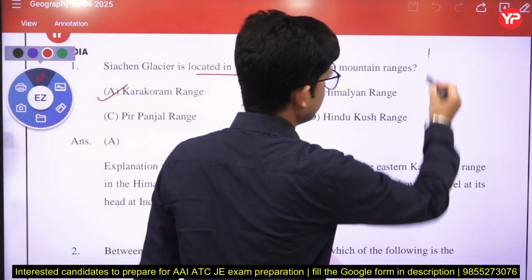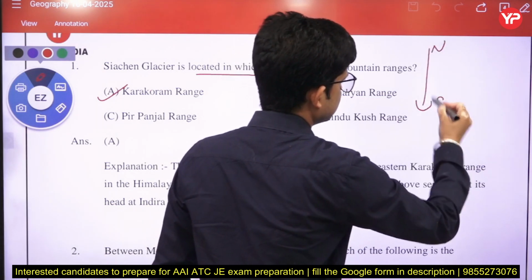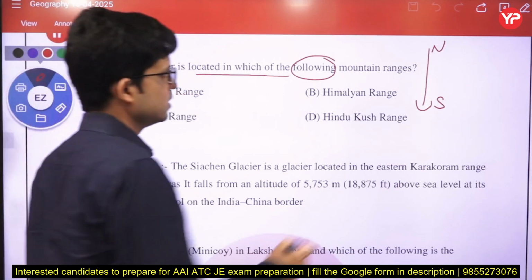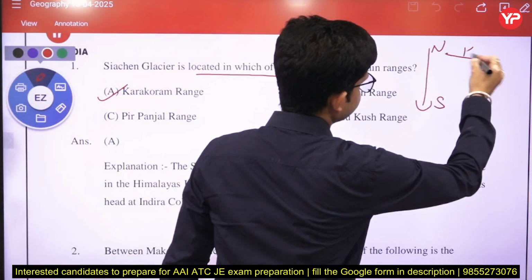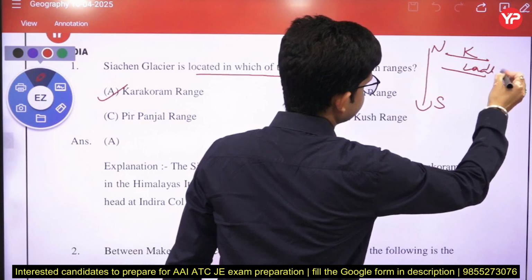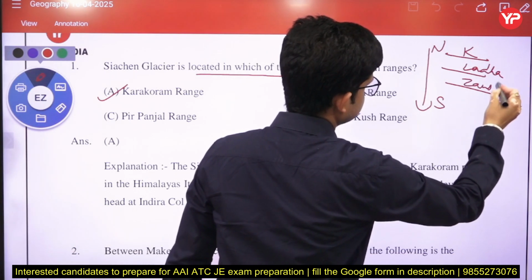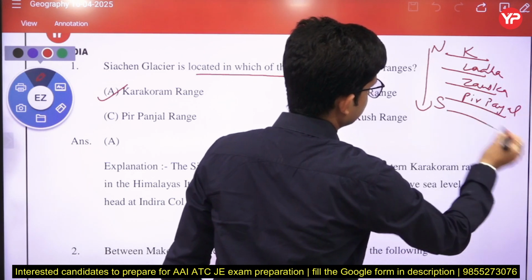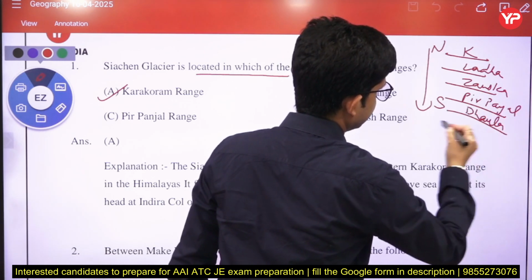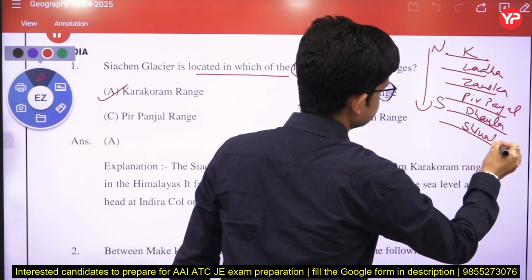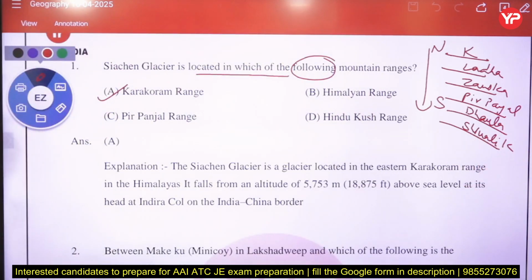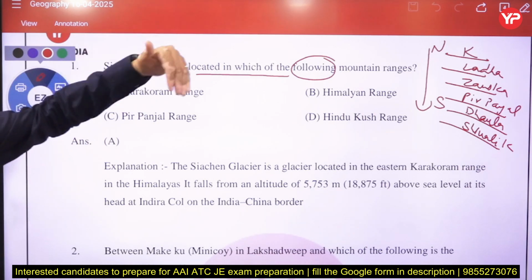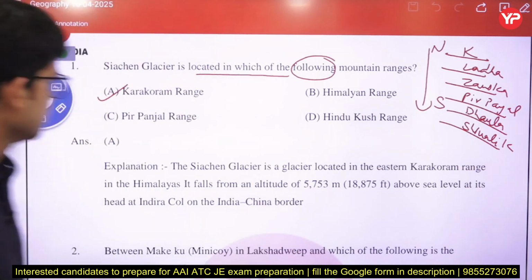Basically we have to know the position of ranges from north to south in India. So first of all Karakoram, then Ladakh, then Zanskar, then Pir Panjal, then Dholadhar, and last Shivalik. These are the ranges basically from north to south. So Karakoram, Ladakh, Zanskar, Pir Panjal, Dholadhar, Shivalik. So next question is,